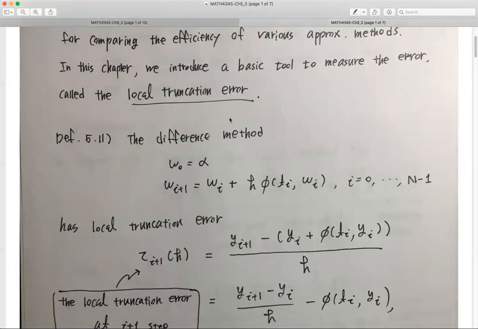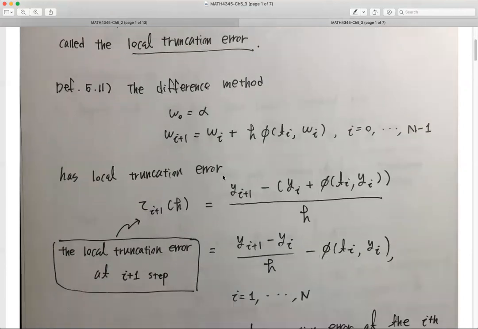For a given difference method, the local truncation error is defined by tau. We use the symbol tau for the truncation error at the i plus 1 time step, as a function of h. So this truncation error can be considered as a function of h at time step i plus 1. That is equal to the difference between y_{i+1} and w_{i+1},